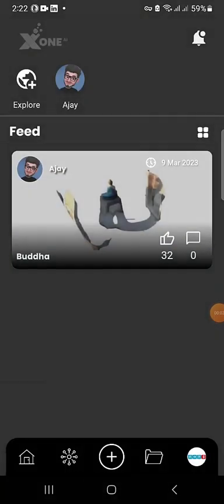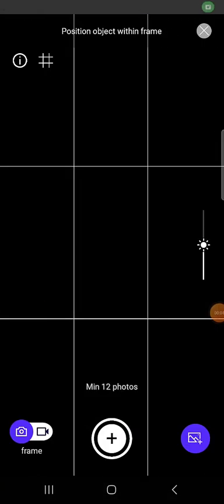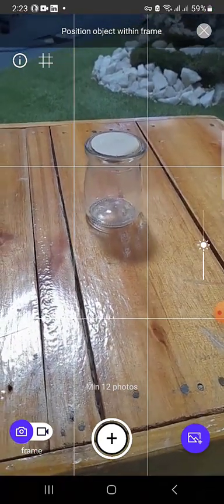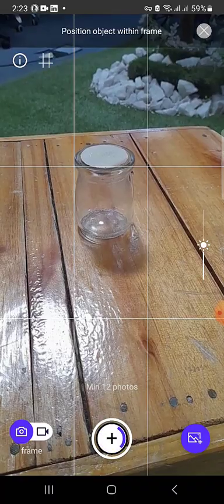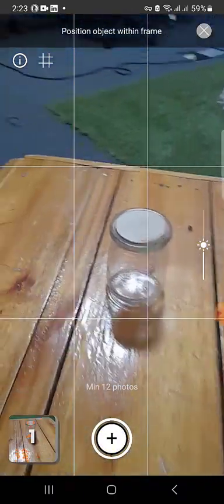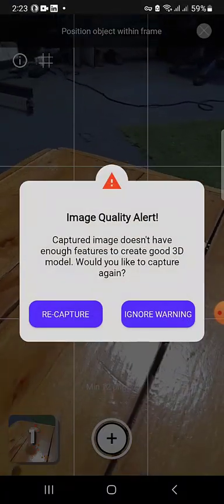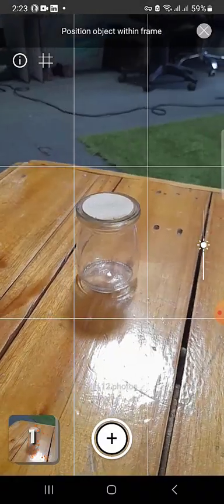Hello everyone, welcome to this session where we'll be learning to use transparent and shiny objects. We're going to capture pictures of shiny and transparent objects just so we see the results. You can see I'm taking a picture of this particular transparent object, and then I'm getting